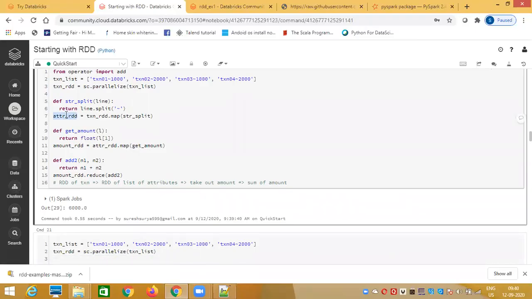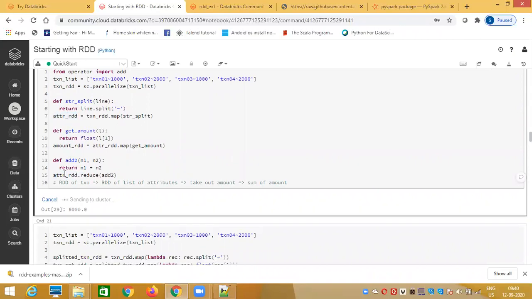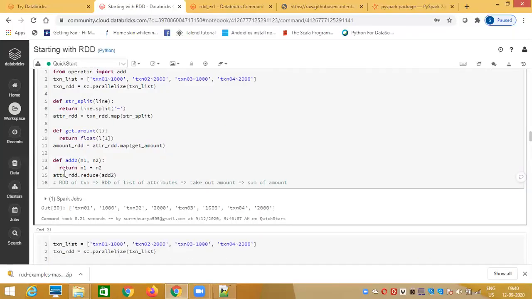From the transaction list, you have up to this part. Is it clear? We are getting the attribute, the RDD, that I'm getting. Now, what happened here? Sorry, I called the reduce function. That was basically called the select function.